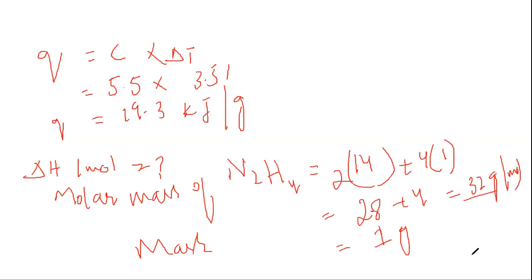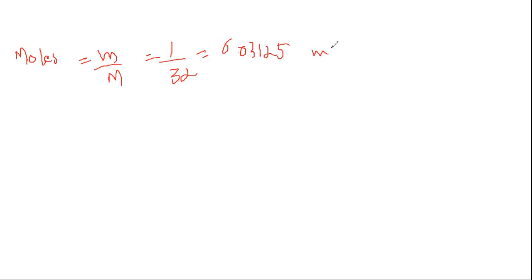By the mass and the molar mass, we can calculate the number of moles. The formula of moles is mass over molar mass. So mass is 1 gram, molar mass is 32. So the total number of moles is 0.03125 moles. This number of moles is for 1 gram. So 0.03125 moles